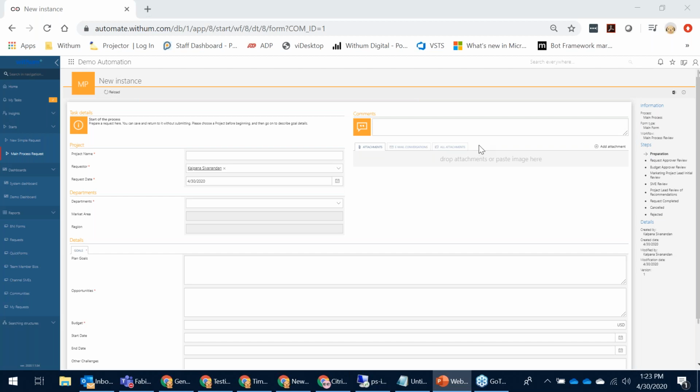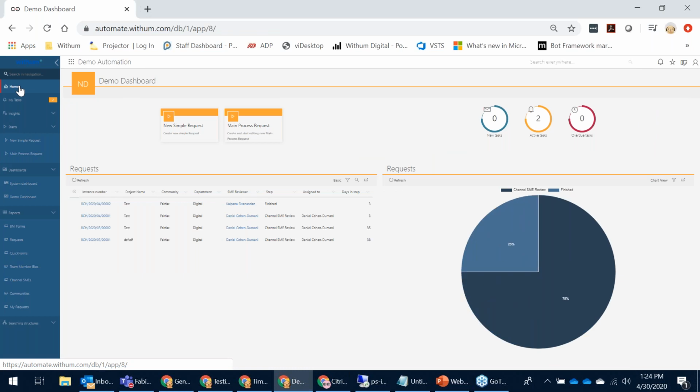So as you can see right here, you could very easily add your company's logo. This is the name of the application, project, whatever you want to call it. And then here you have left navigation, which is very similar to your site content structured in SharePoint, whatever you want to show. So it's seamless for end users to be able to have the same experience. So here you have a home. I'm going to start right there. So this is a dashboard that we put together.